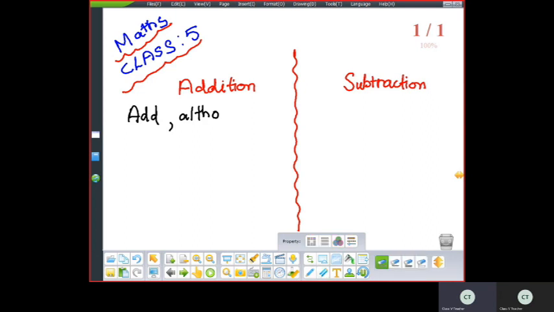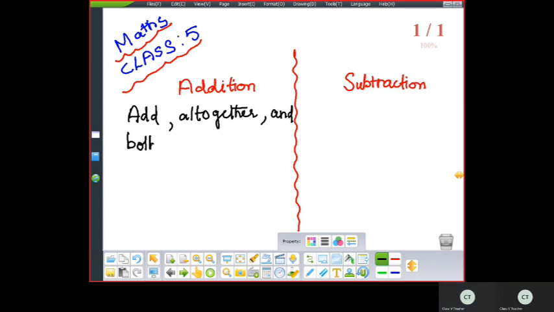Yes, children? All together. Normally in the word problems, you will have this word. All together. These are the keywords. Commonly used keywords. It's not compulsory that only these keywords should be there. The word problems can have any keywords also. If you are not able to understand the problem, then you search for this type of keywords. That is just a small trick which I am telling you. Okay, children?